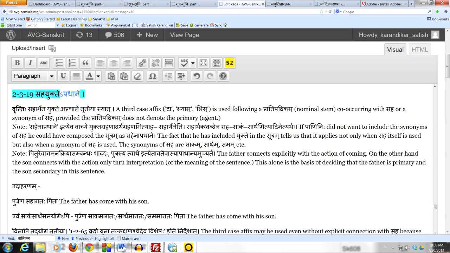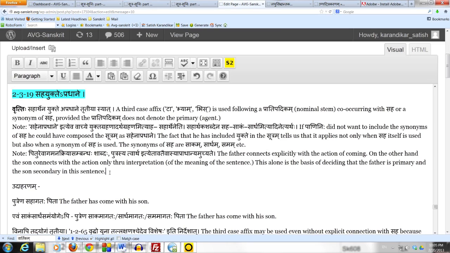Now, how do we decide which one is a primary agent and which one is secondary? Do you have to look to factors such as someone being elder or more respected or something like that? That is not the case. This is a purely grammatical criterion. The status of one agent being the pradhanam and the other being apradhanam is only a grammatical criterion. Okay, but how do we decide which one is and which one is not?